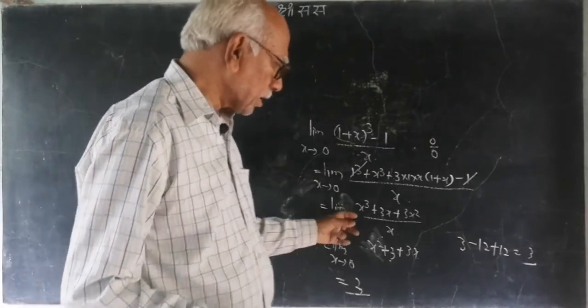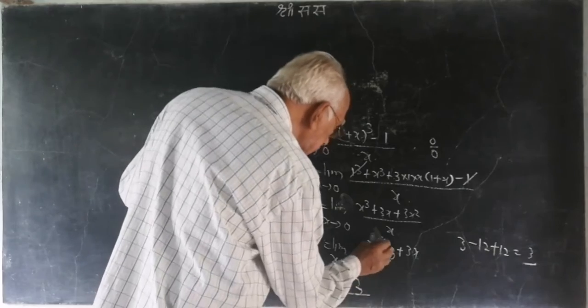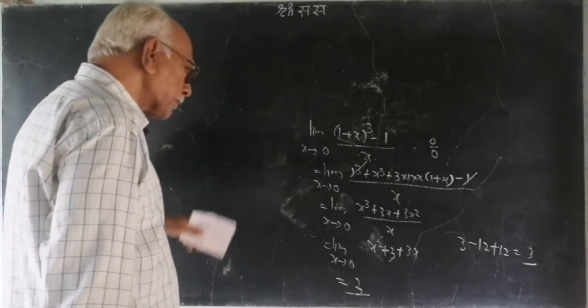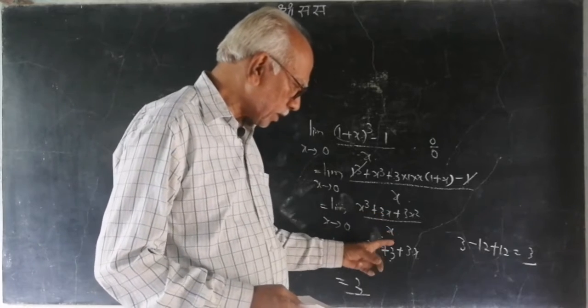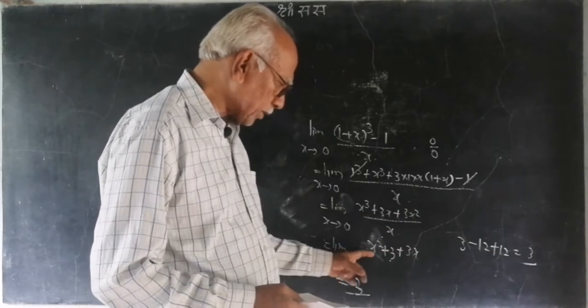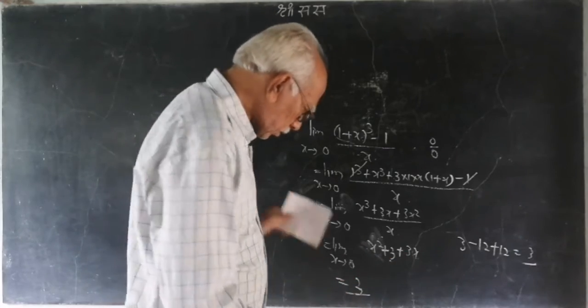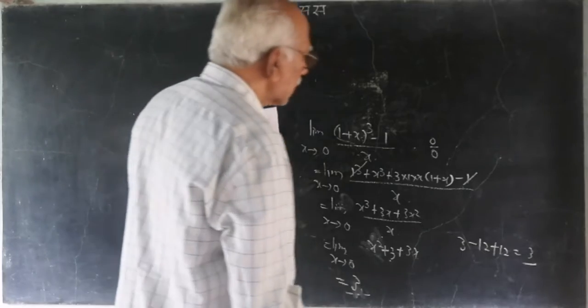That is x square plus 3x, x equal to 0. Correction. See, x cube divided by x square, 3x square divided by x is 3x. So when you put x equal to 0, these will be 0, and what will our answer be? The answer will be 3. So if you go through L'Hospital's rule,